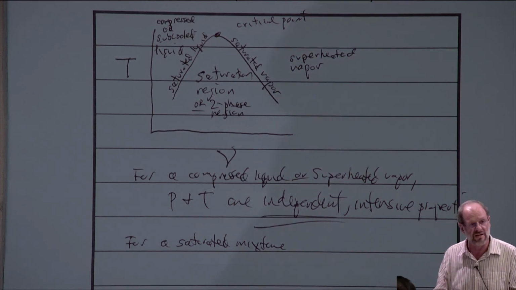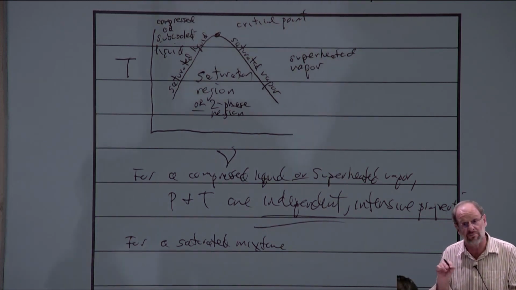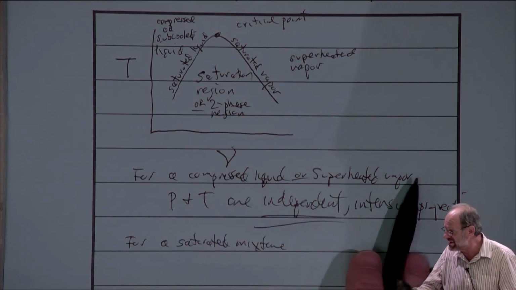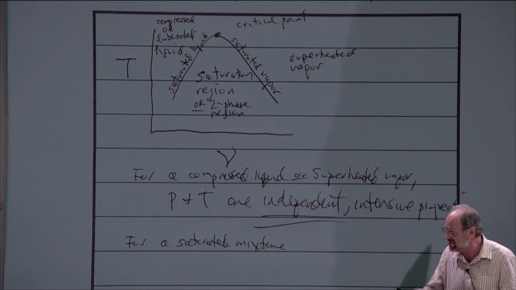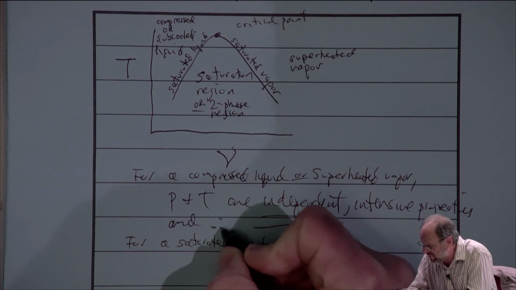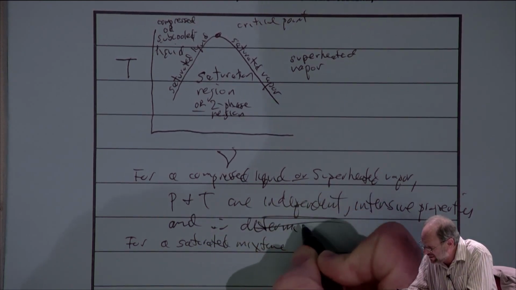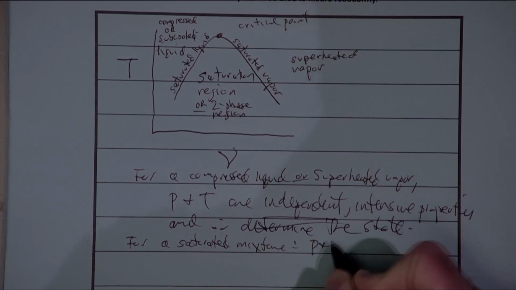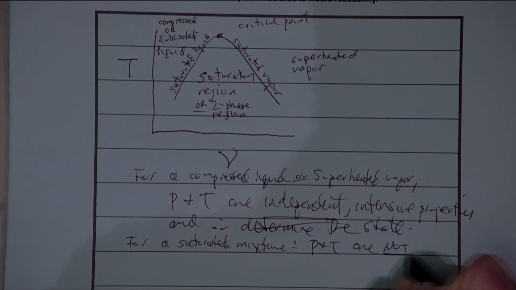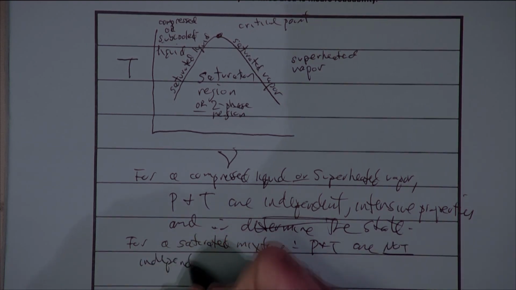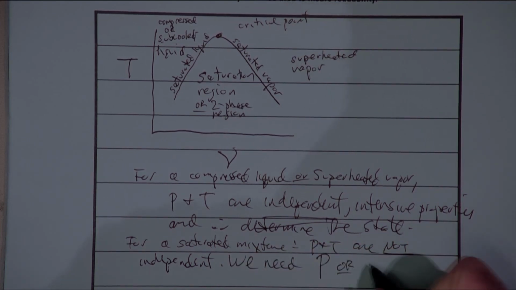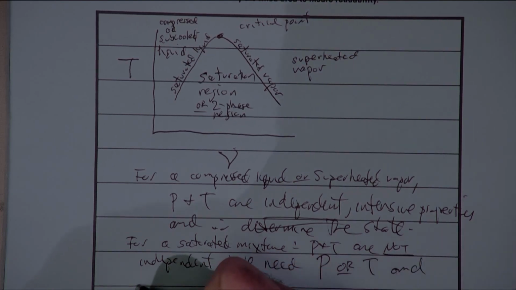But for a saturated mixture, that means that since pressure and temperature are not independent, we need another property in order to determine the thermodynamic state. So whereas for a compressed liquid or superheated vapor, P and T are independent intensive properties and therefore determine the state, for a saturated mixture, pressure and temperature are not independent. Okay? In other words, we need pressure or temperature and one other intensive property